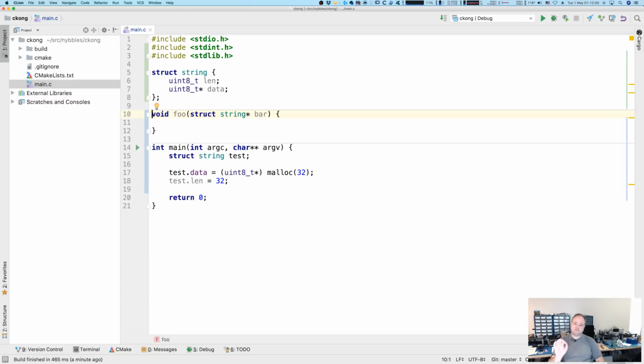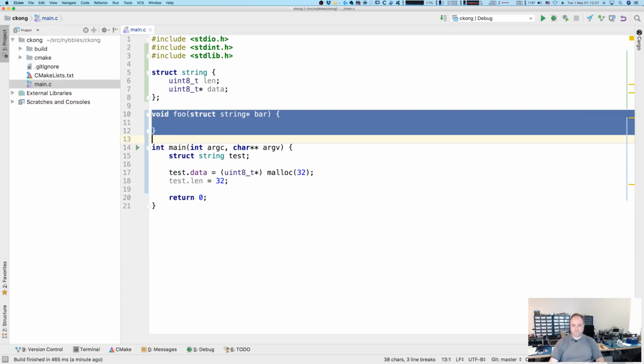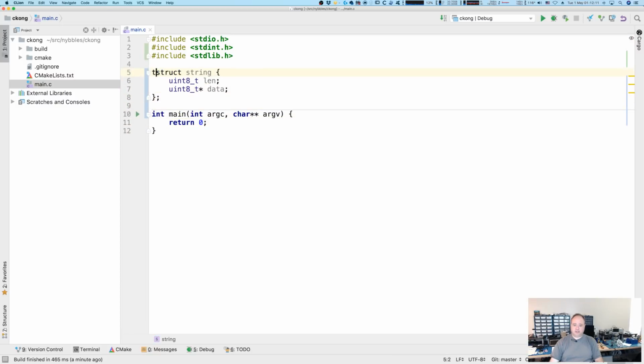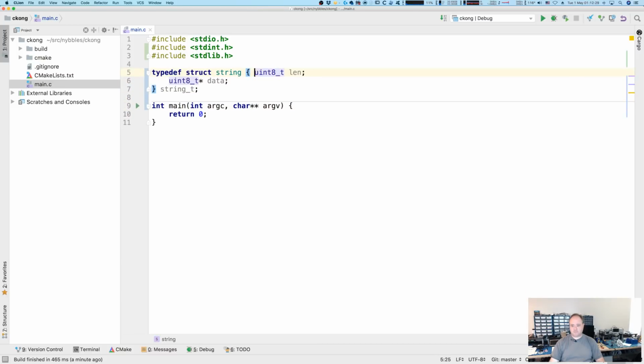So just keep that in mind. Now the way to not have to do that is to use typedef. So that's typically what I would do. This is the name of the struct. This is the name of the typedef. Okay? Because if you'll remember from our other examples,